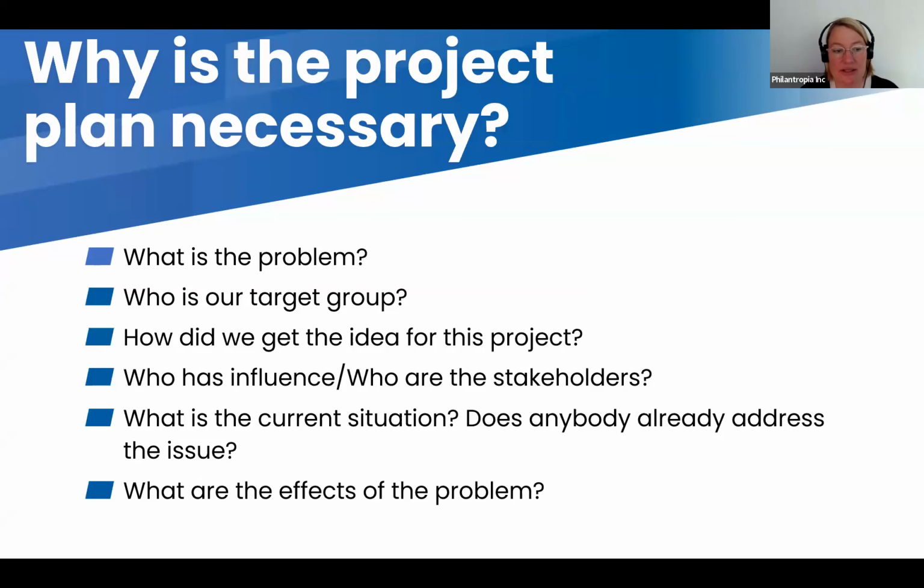And then you also have to discuss the effects of the problem and try to be very clear about what are the reasons or the causes of the problem, what is the problem, and what are the effects of the problem, because that gives you a very clear logic of things that you have to address. We will look at that and we look at the problem tree because that will help you to make the difference here. So those kind of are the things that you have to cover when you talk about why the project is necessary.